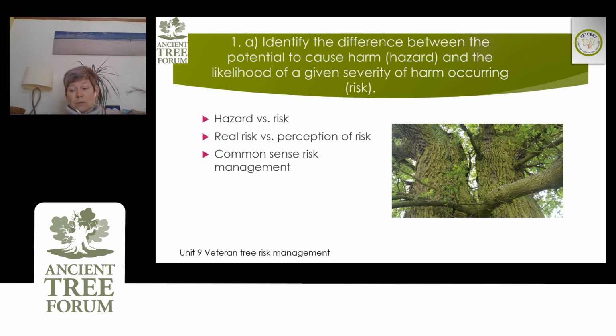So in other words, you should be able to identify that hazard is not the same as risk, and that hazard is something that may cause harm, but that may not be an issue if there's no risk. So risk is a combination of the likelihood of, for example, a very heavy decayed branch failing, and then the likelihood of there being a target present, as in someone or something under that particular branch at the moment at which it falls, and then how much harm would actually occur as a consequence. And then really important here is this kind of real risk versus perception of risk.